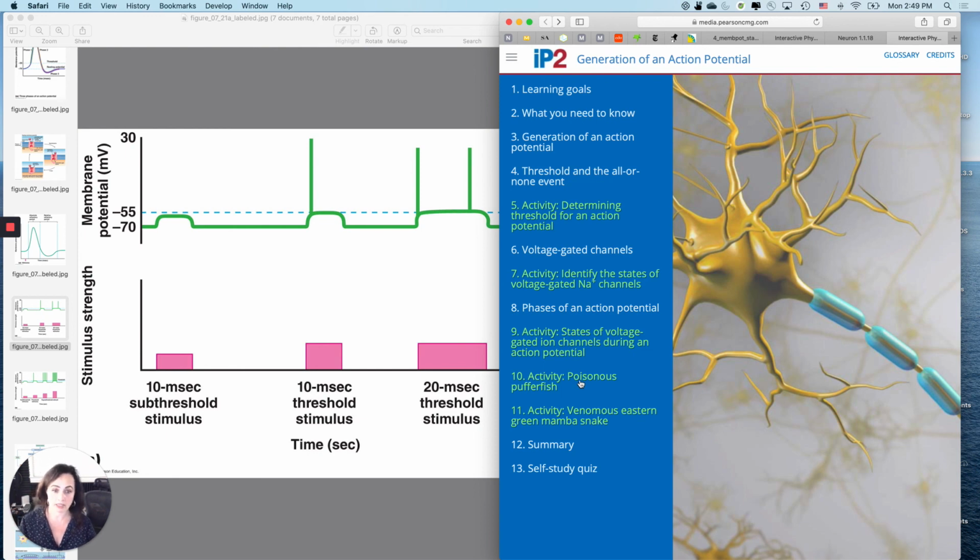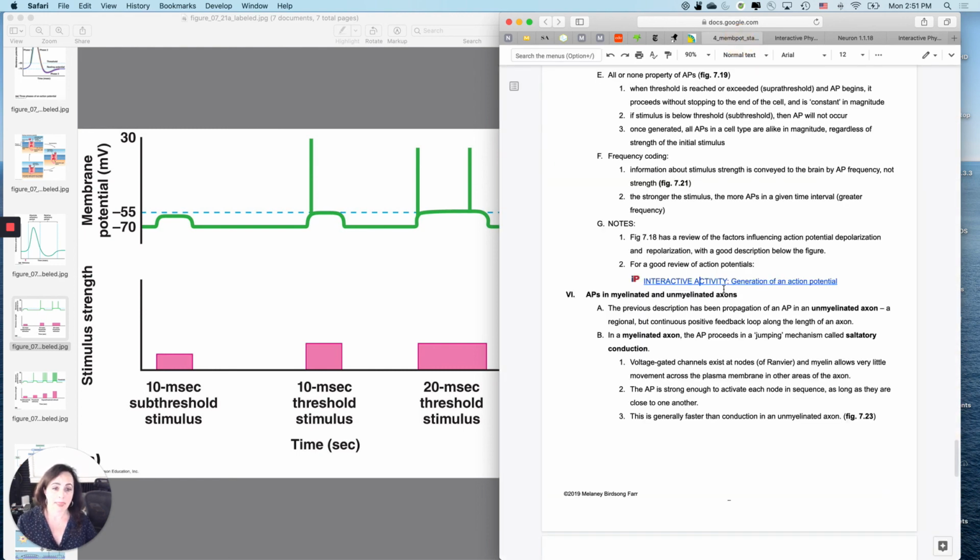Ooh, pufferfish. I like talking about pufferfish. Green mambas. And the quizzes are not easy here, which is good because it redirects you. So I think interactive physiology is fantastic, and I would highly, highly encourage you guys to use it. I think I've linked it in such a way that you might be able to get away with it without buying the digital content, but if you can't get to it, that's why. I don't test off of it, but it reinforces exactly what I've been talking about, which is why I linked to it. Okay, so we'll stop there, and then I'll talk about myelinated versus unmyelinated axons, and then some disorders.